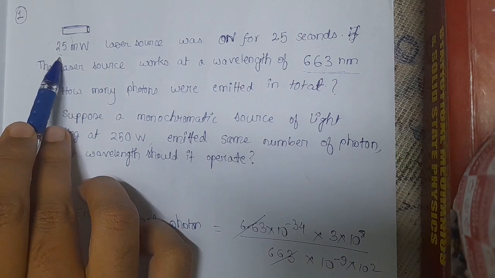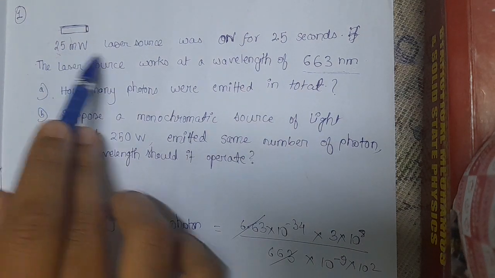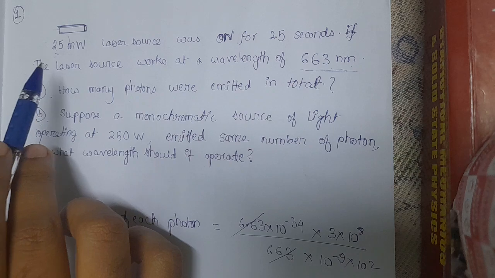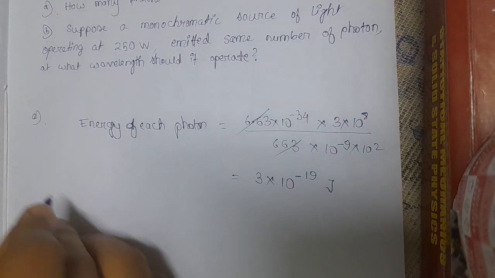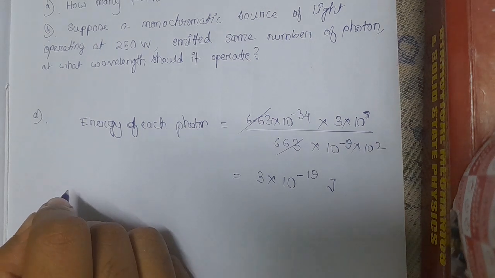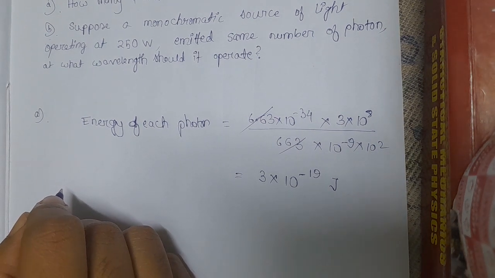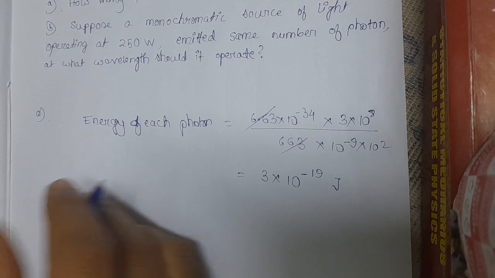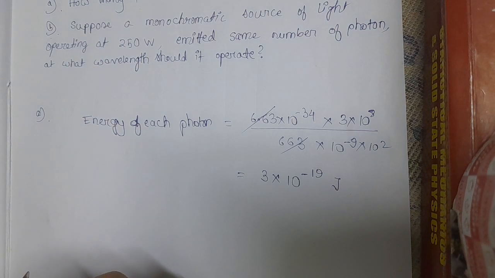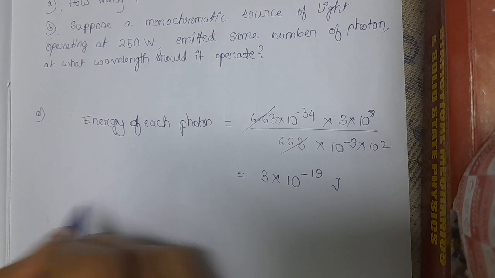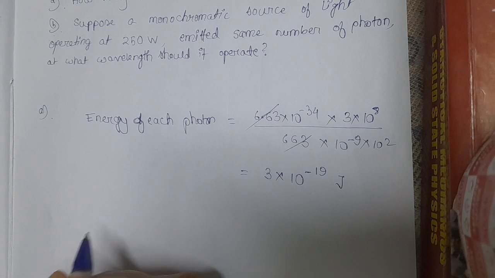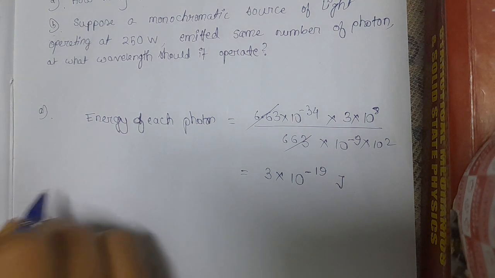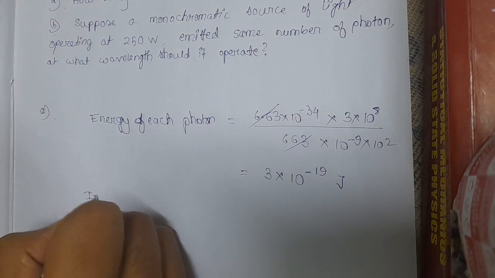For that we need to find out how much energy is delivered by the laser source in each second, not in 2.5 seconds, remember, because photons are released instantaneously. It does not take time to release photons. The moment I switch the laser source on, photons start emitting, and they will be emitted for 2.5 seconds. So in 1 second,